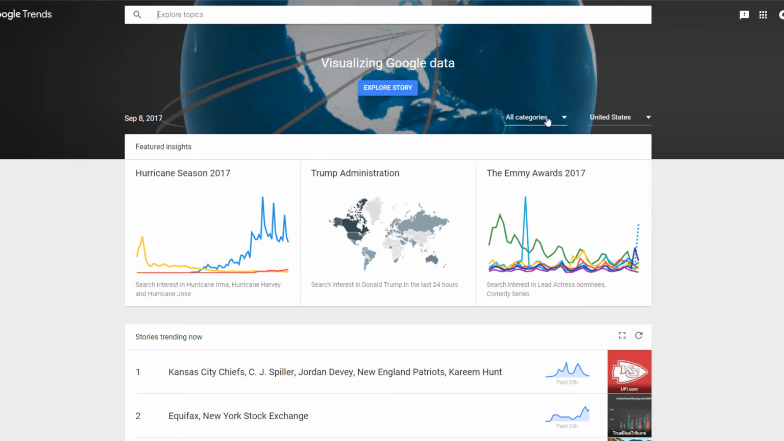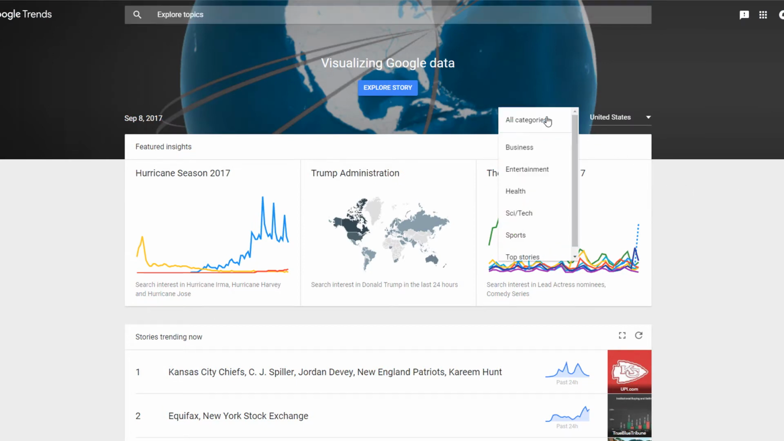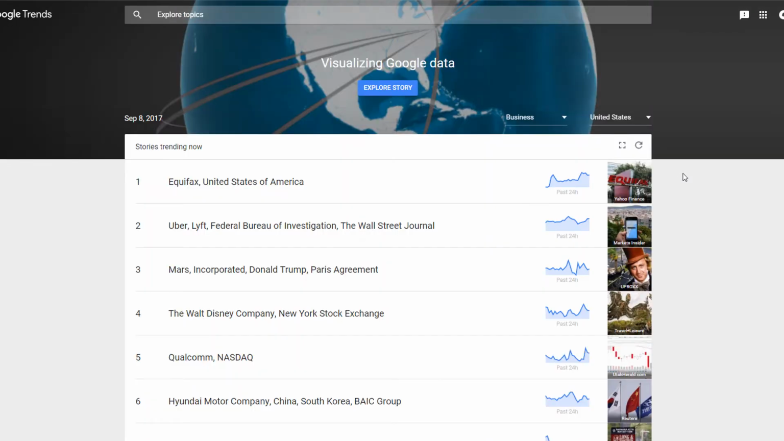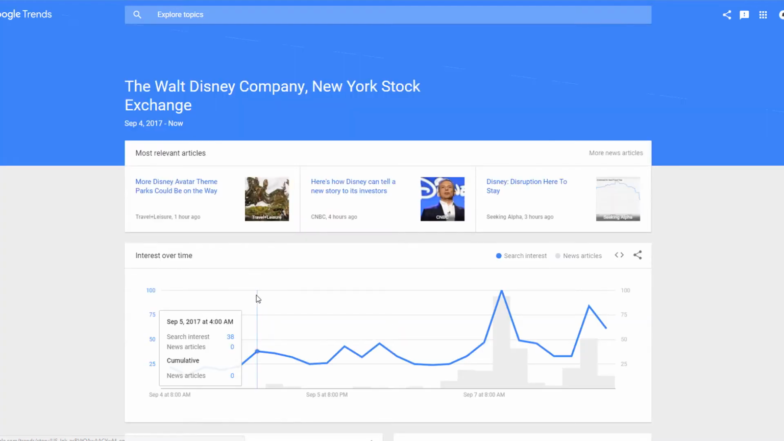But we can also go up here to all categories, and we can change to a specific category. So let's say that you're in the business or investing sector. In the business or investing sector, obviously the story about Equifax would make sense. We see Uber, Lyft, the FBI, the Wall Street Journal are all popular topics. We have Walt Disney Company on the New York Stock Exchange. We can click on any of these topics and we can find out more about what's trending on